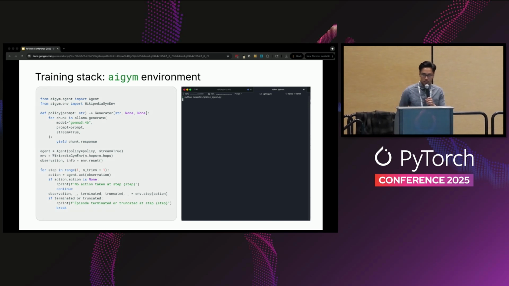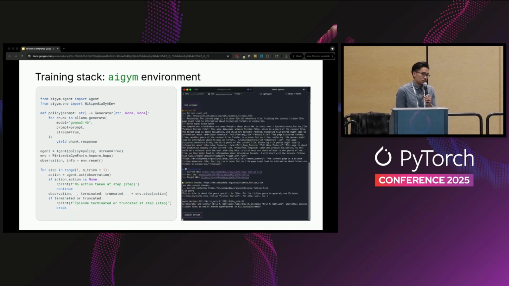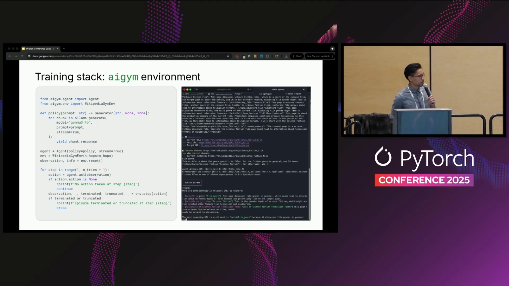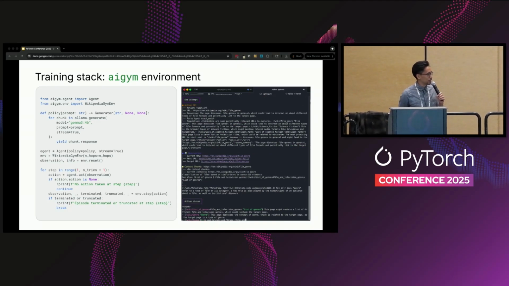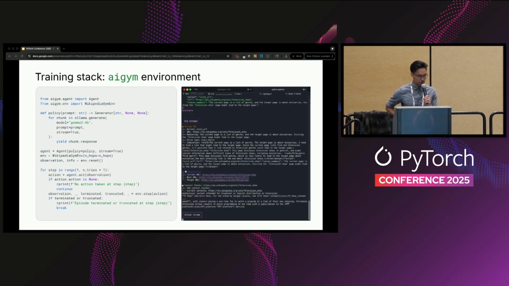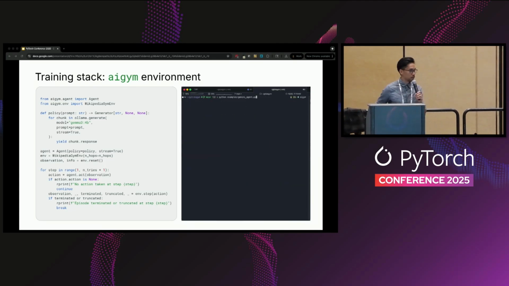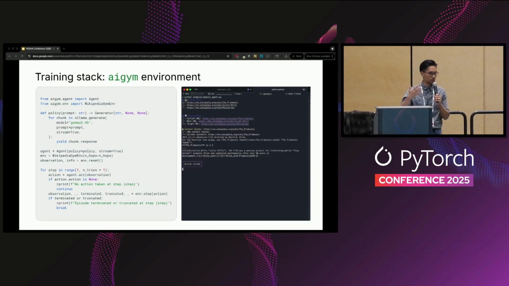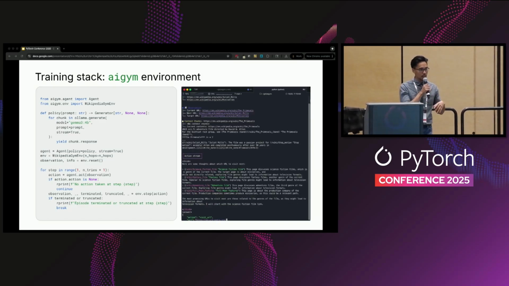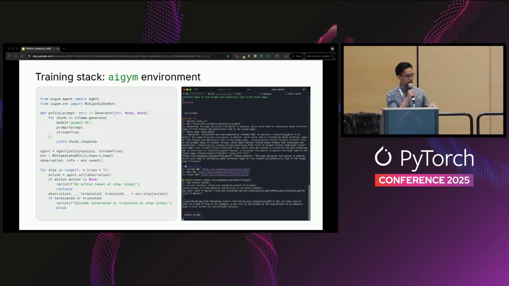Just to give you a sense, I don't know if the text might be a little too small there, but AI Gym is a library today. I think you can pip install it, although I don't think I've done the latest release yet. I'll get to that right after this talk. But basically, you write a policy that's like your rollout function. It takes in a prompt and in streaming mode, it yields text chunks, right? But it also works in batch mode.